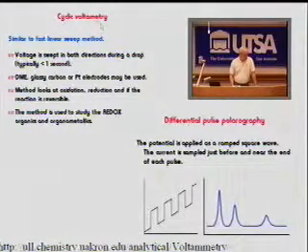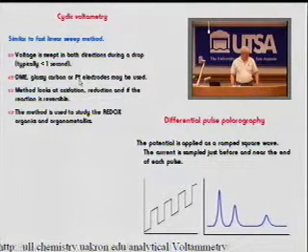So one type of approach is cyclic voltammetry. There's a sweep method, as we saw, where the voltage is swept in both directions during a drop, typically less than 1 second. The type of electrode is a DME, glassy carbon, or platinum electrodes may be used. The method looks at oxidation reduction and if the reaction is reversible, and it's used to study the redox in